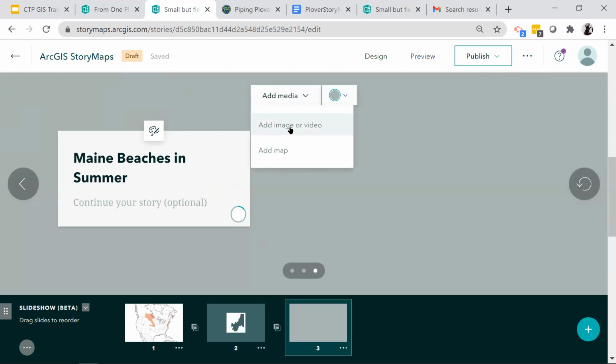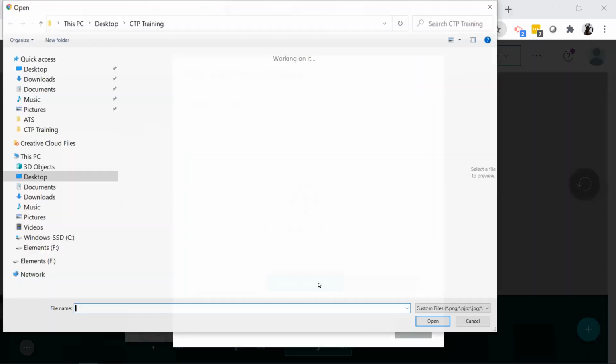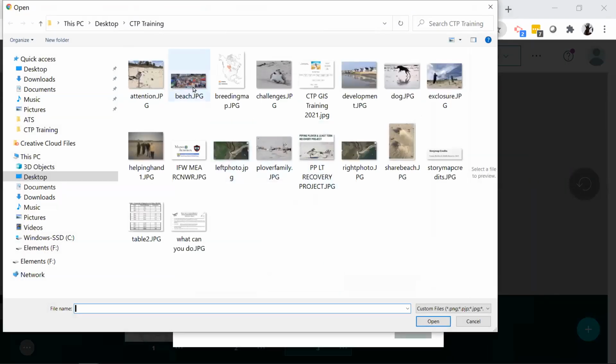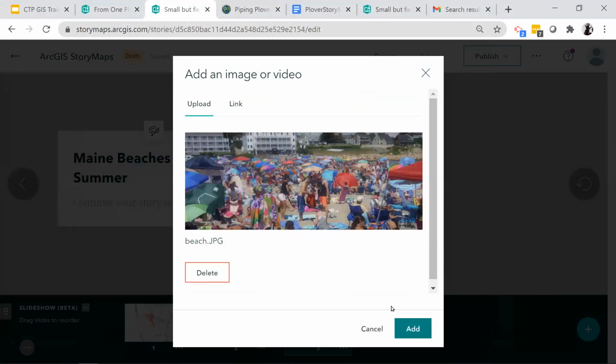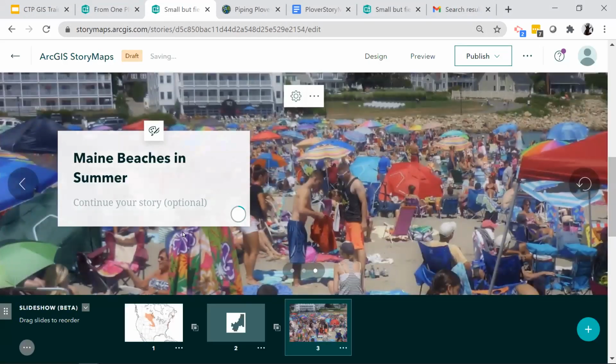So imagine that you're a plover and you're coming to your Maine beach to raise your family, and it's a Maine beach in summer. And this is what it looks like. And you can just say, even though